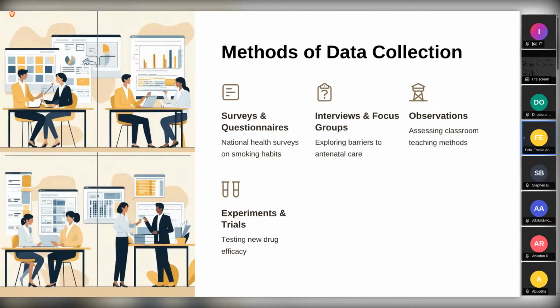So the other one is the experiments or the trials, especially when you're testing a new drug. You'll be able to design tools that will have the two groups that you are testing, either the intervention group or the control group, more like a comparative study kind of tool. You'll be able to now assess for the intervention group and the control group what is the level of recovery based on the intervention that is given to each of the groups.